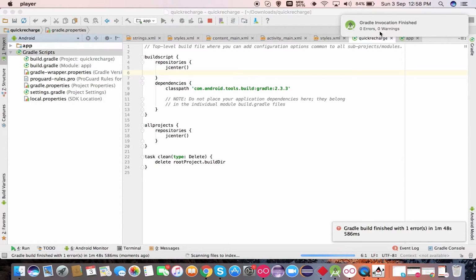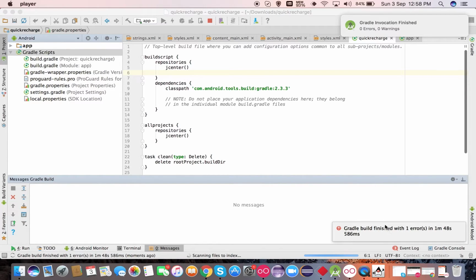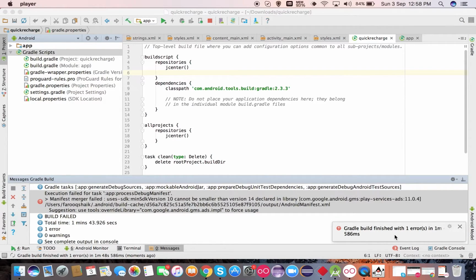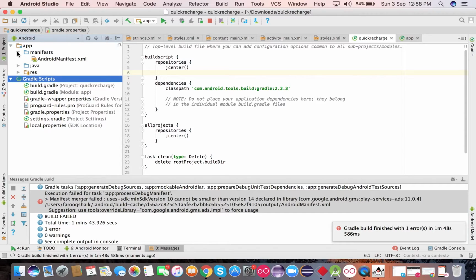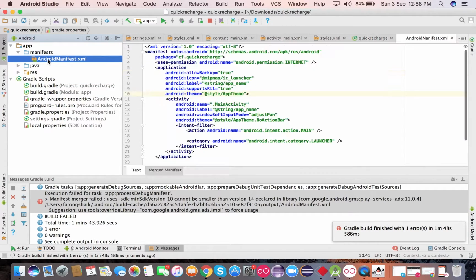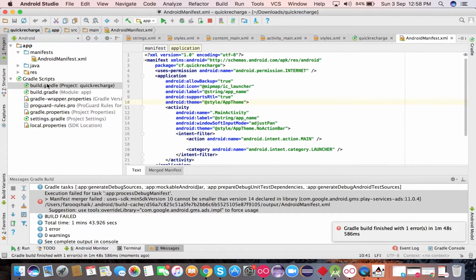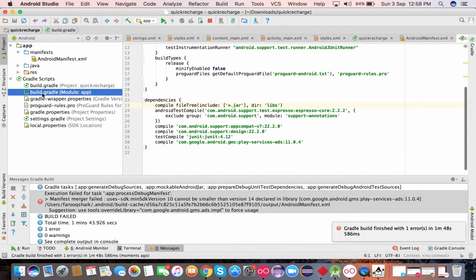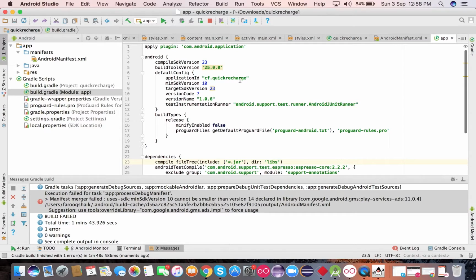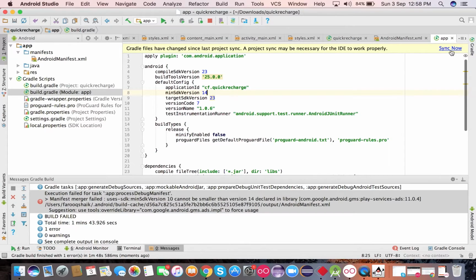You can see zero errors, zero warnings. Yeah, you need to mention in the manifest that the minimum SDK should be 14 instead of 10. You can do it in the Gradle file itself. Instead of 10, you need to mention 14, or else it's not working.